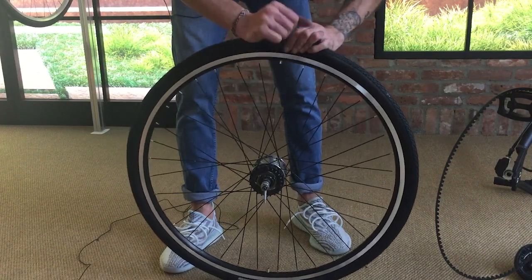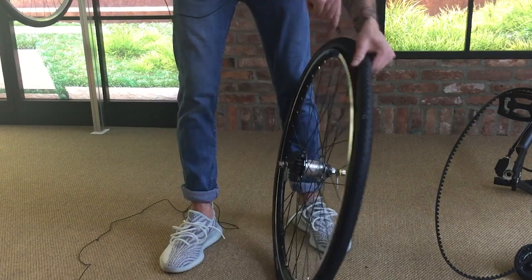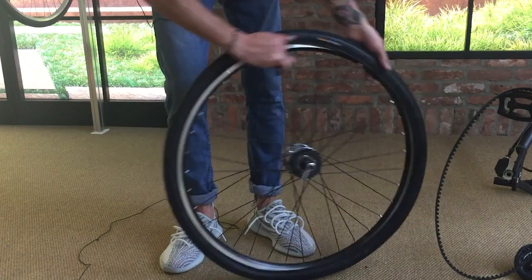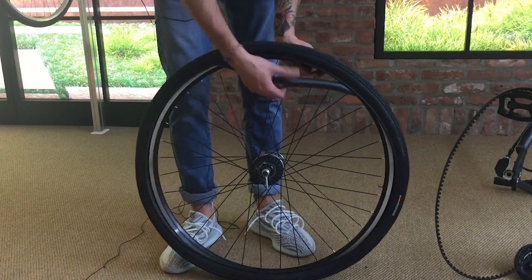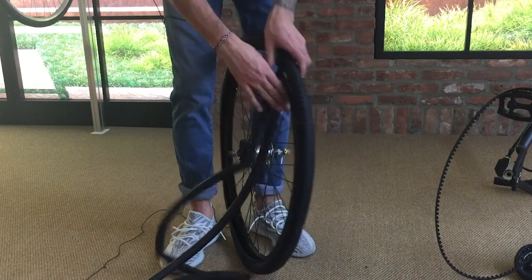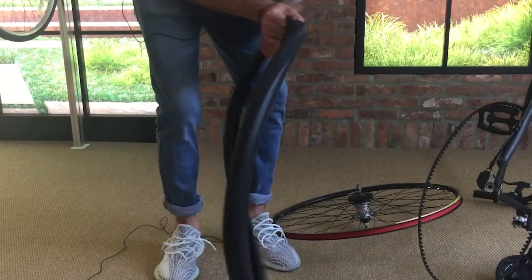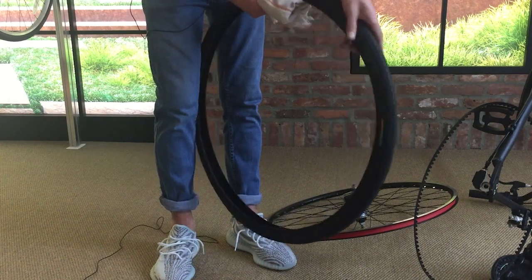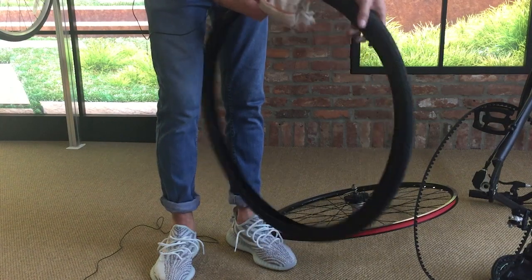Put the tire lever under the lip of the tire, and move it all the way around so that it frees up one end of it. And once it's completely free of the rim, you can pull the tube completely out of the tire. Then pull the tire off the rim. Grab your dish rag and run it on the inside of the tire to make sure that there's nothing stuck in there to damage your new tube. Once you know that there's nothing in there,